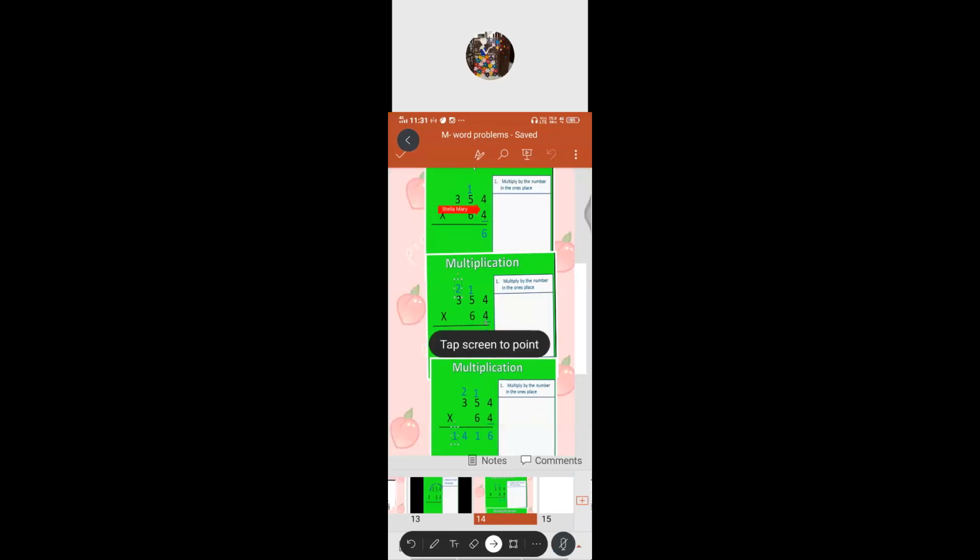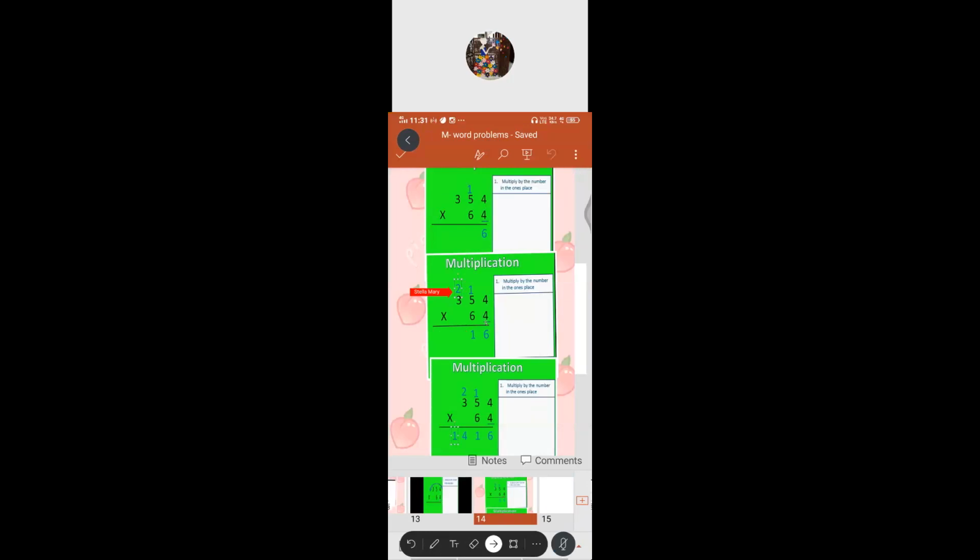So always we have to start with the ones digit of the multiplier. The same method that we are following here also. The first step is to start with the ones digit of the multiplier. 4 fours are 16. That is a 2 digit number. 6 comes down, 1 moves as a carry over to the tens place. Again 4 fives are 20. You should not write 20 as it is because carry over is there. Without fail you have to add 20 plus 1. 21, 1 comes down, 2 moves as a carry over to the hundreds place.